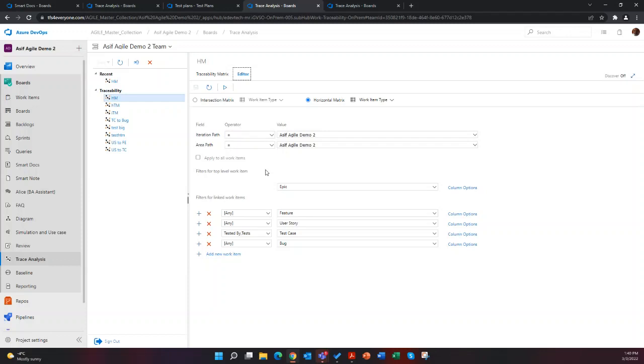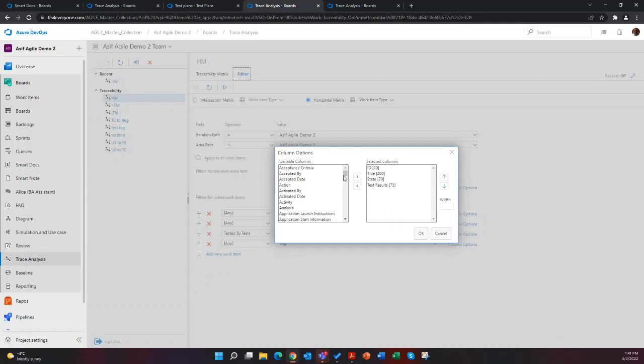And then you can define up to 10 levels of work items. In this case, from epic to features to stories to test case to bugs, but we can add 5 more. You can also specify that you can go from stories to test cases, but only follow these 2 link types. You may also specify the properties you want to include in your trace matrix.